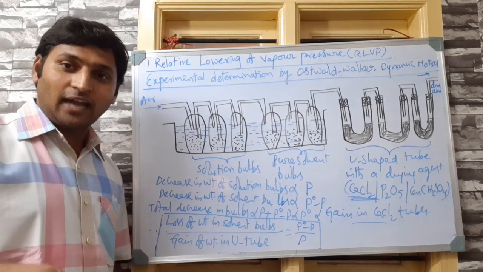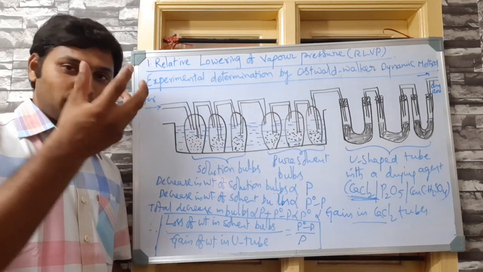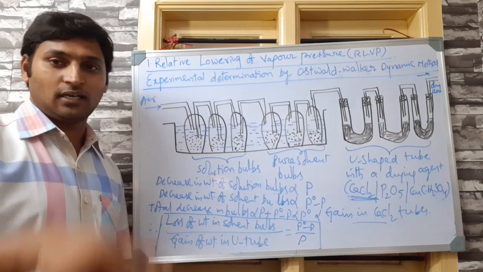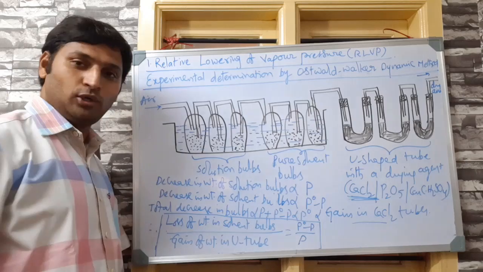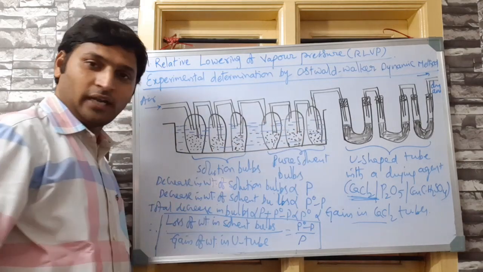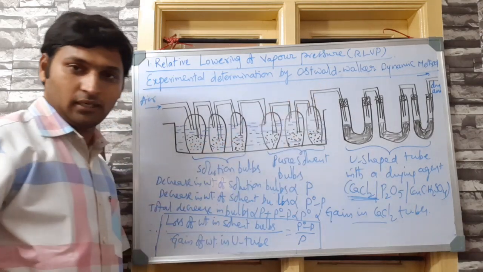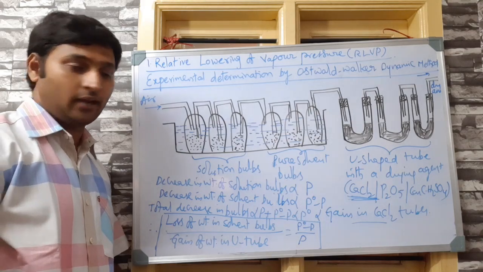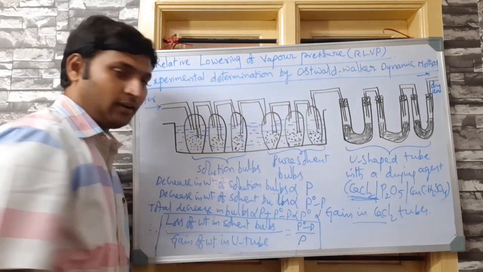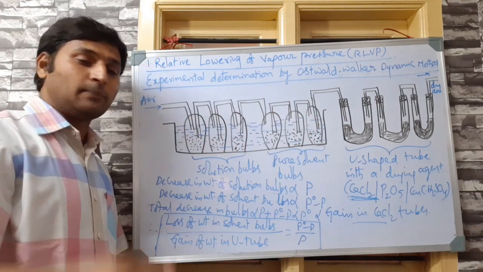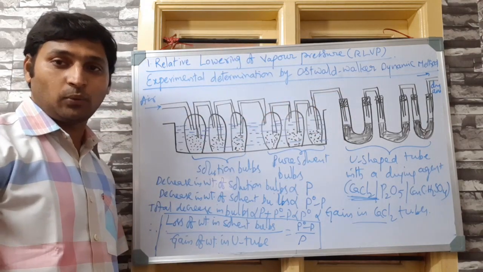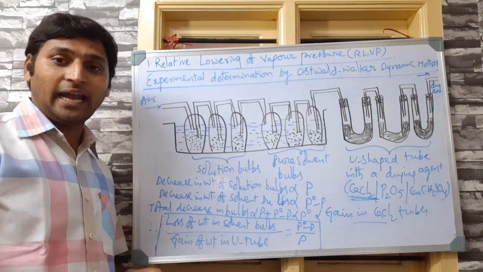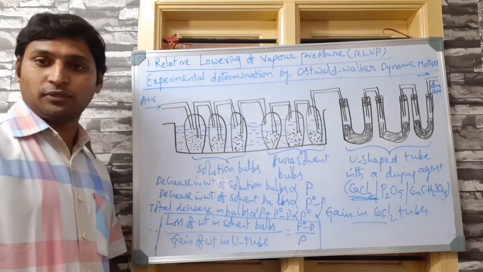Now for doing that, they have to select a solvent in which the unknown solute is soluble, prepare the solution, take the solution bulbs, then take the pure solvent here, take the U-shaped tubes containing calcium chloride there, perform the process, and find the relative lowering of vapor pressure. Substitute the value in the molar mass formula that we derived previously and get the molar mass of the unknown solute.